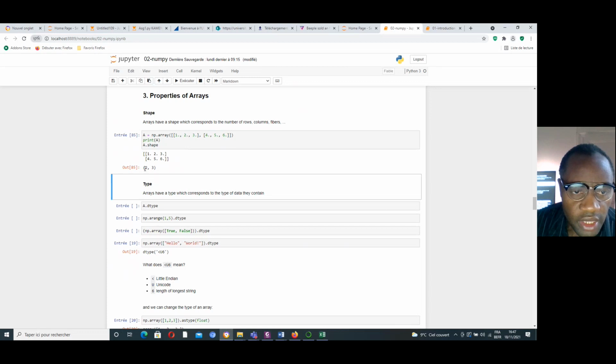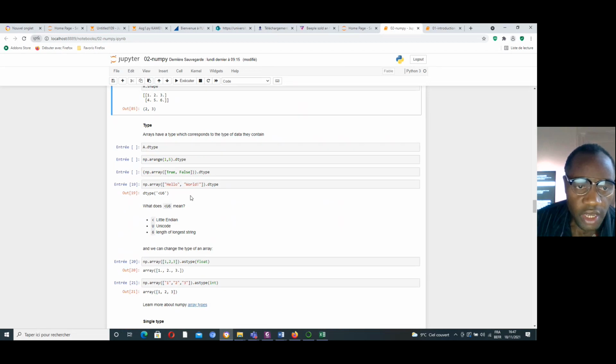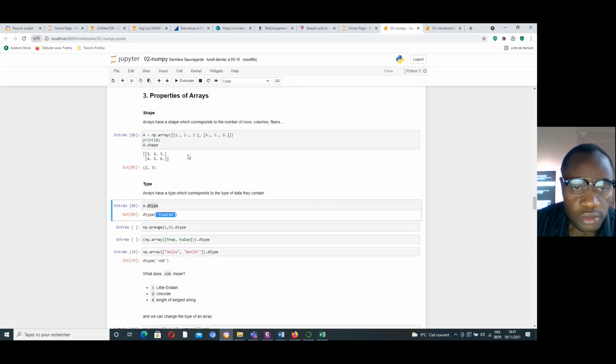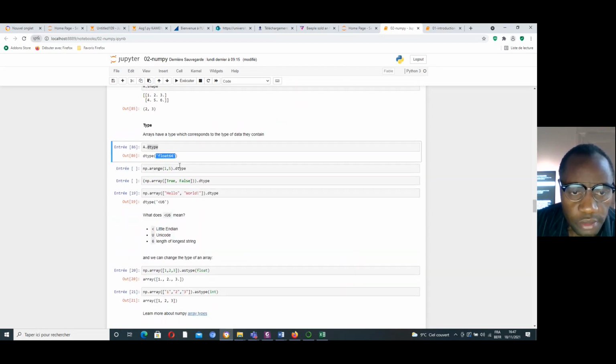But if I want to evaluate the type of A, I just put this formula and execute it. Here is the float, the content is a float.